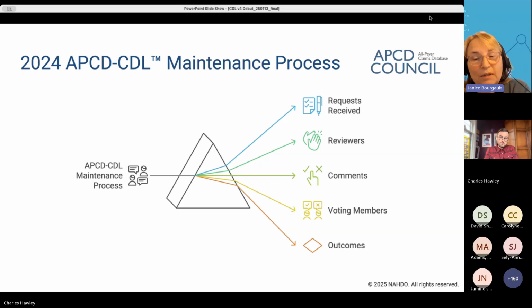This is a decrease from the previous cycle, mainly because earlier versions of the CDL did need more refinements. This round, there was also a lesser need for refinements, and more attention was paid to reviewing requests for new data elements or to clarifying the language of what is to be reported.